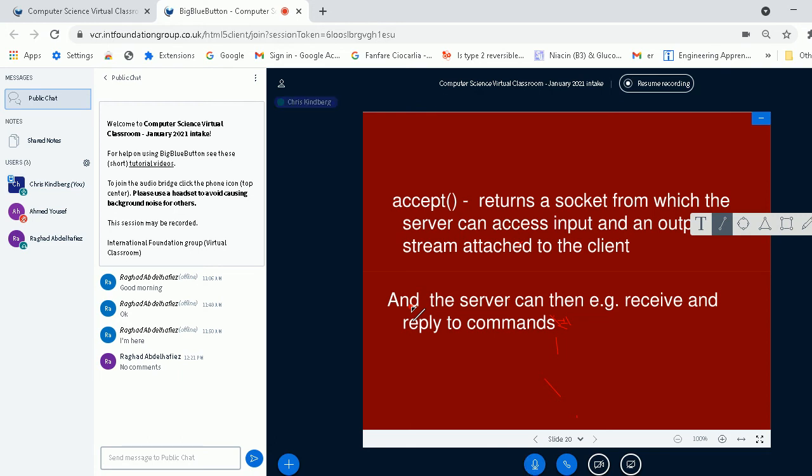Maybe the file actually contains an extensive program for reprogramming the Mars lander, and I want to send it from the base station in Florida all the way to Mars. Well, what do I have to do? I have to first of all read the file, read the program line by line using a stream, and send it out over the internet on an output stream line by line.